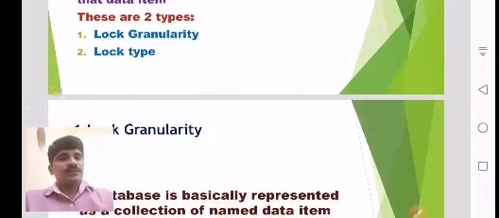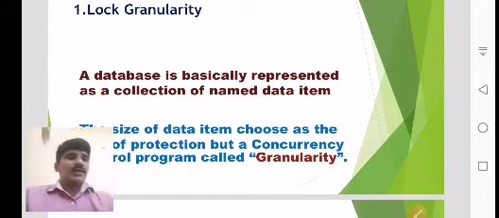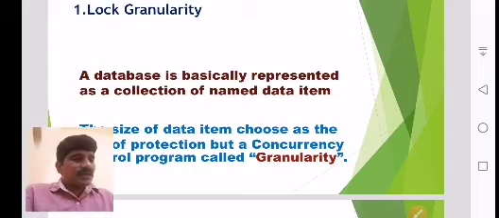Now let us discuss what lock cardinality is. A database is basically represented as a collection of data items. Simply we can say that a database is a collection of logically related information.